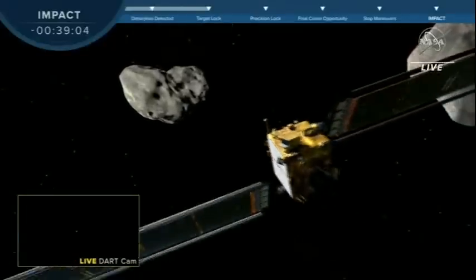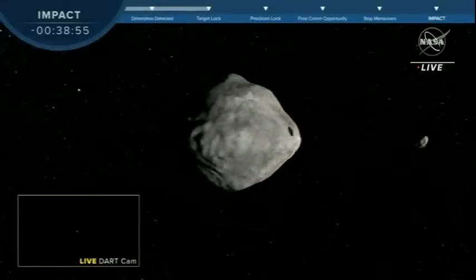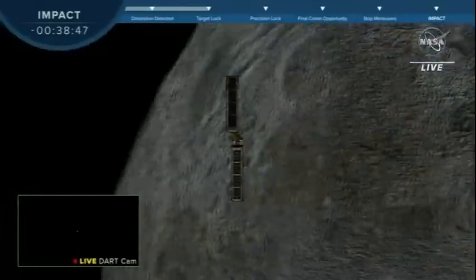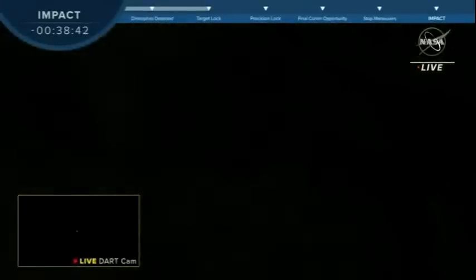The DART mission is a very difficult mission because we are trying to do something that hasn't been done before. This is going to an asteroid that is this small, this dark, and we're actually going to attempt an impact. The DART mission is really something that the whole world can get behind. We're doing this mission to prove that we can deflect an asteroid